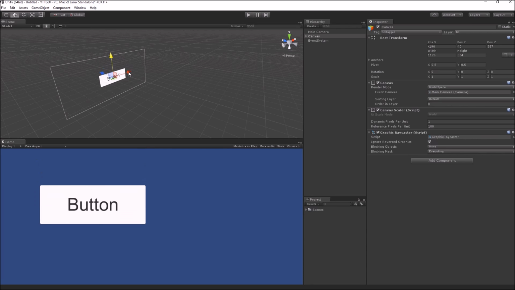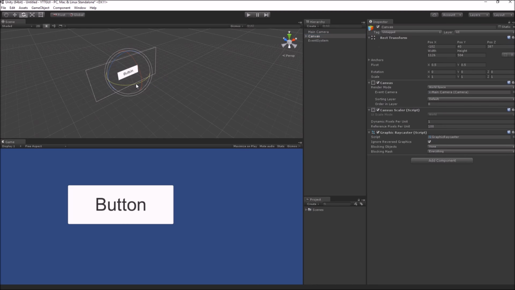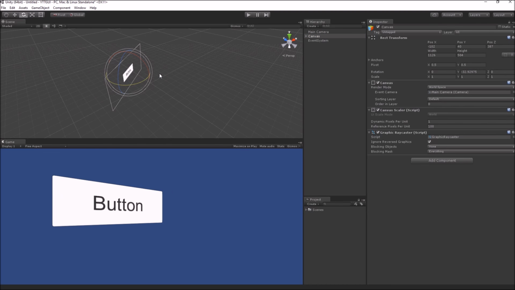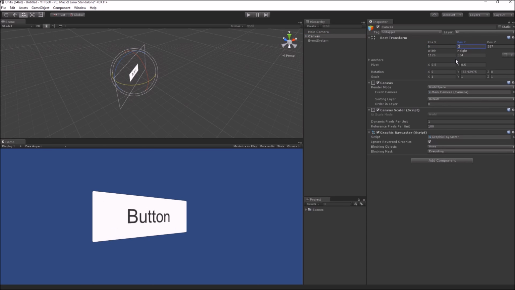and you can see how the main camera is rendering the canvas just like it would have done to any other 3D objects. And you can also see that the whole rect transform of that canvas is now exposed to us, so we can change the position, rotation, and scaling of our canvas. But in this mode, you will also see that the size of the canvas is the same as the pixel size of our canvas in our previous screen space overlay mode.